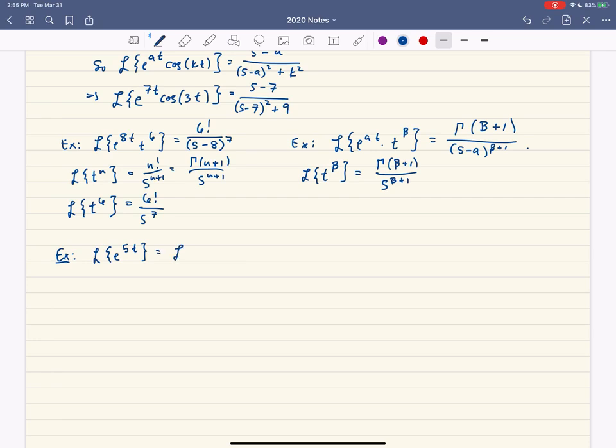But I can also think of this as the Laplace transform of e to the 5t times 1. And so what I can do is take the Laplace transform of 1, which you know is 1 over s, and then transform it by shifting it by 5. So this is 1 over s, where s has been shifted by 5, and we recover the usual 1 over s minus 5 that we knew however many videos ago. Okay, so this is how we do transforms